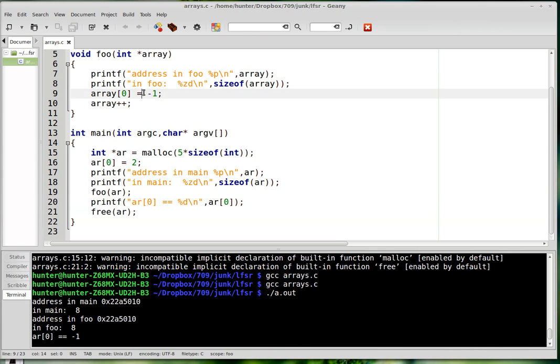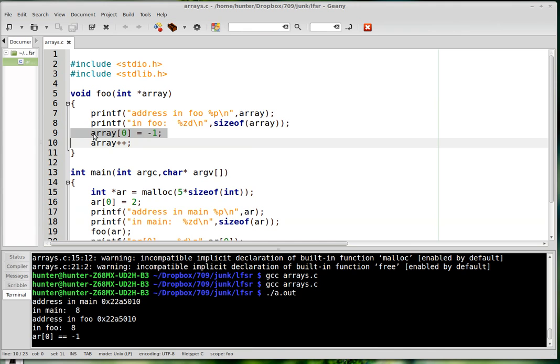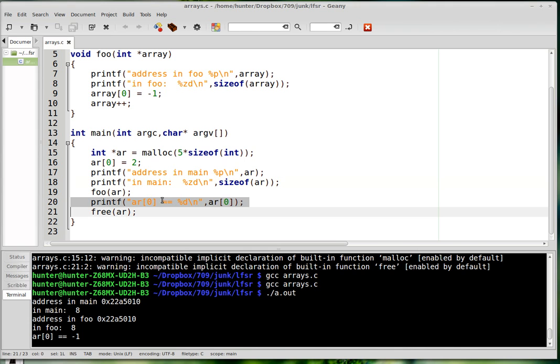And maybe I forgot to mention this before. Just as an experiment here, I changed the 0th entry to be -1. Before it was 2, right? But down here, the last line in main, if you look to see what's there, the values in the array were changed, and that's because the address gets put here, and what you're basically doing is, this is really the same thing as just dereferencing